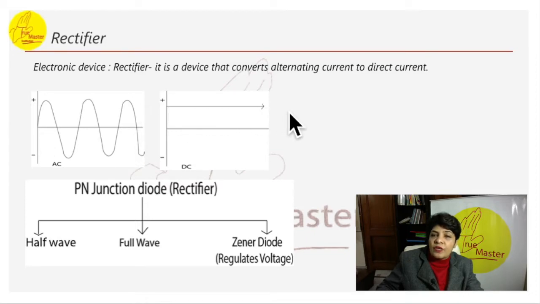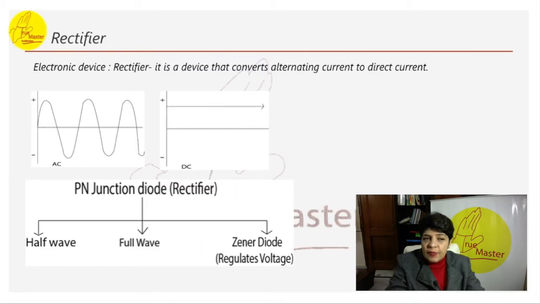So what is the property of direct current? It flows in one direction, and it is of one magnitude. See, here it is not like that; it is increasing then decreasing, and the direction is also changing. Here it is in one direction only.